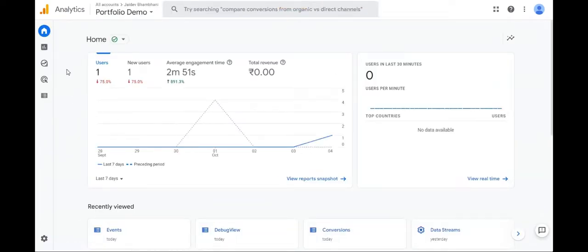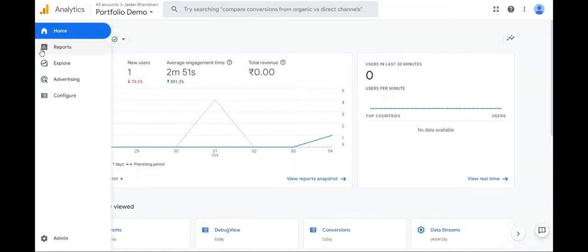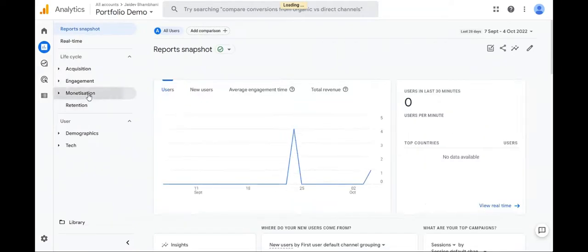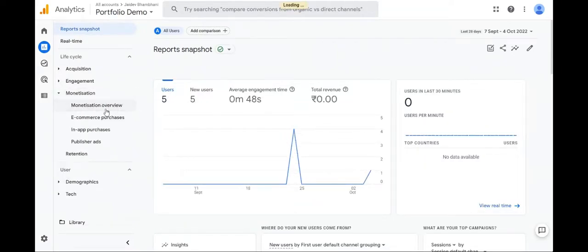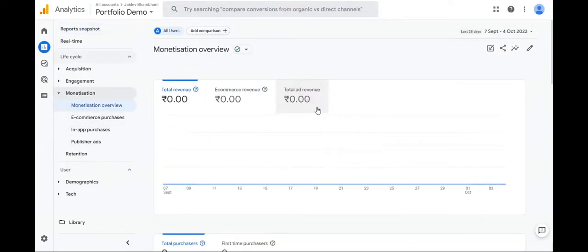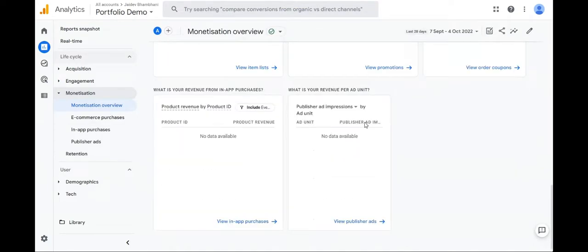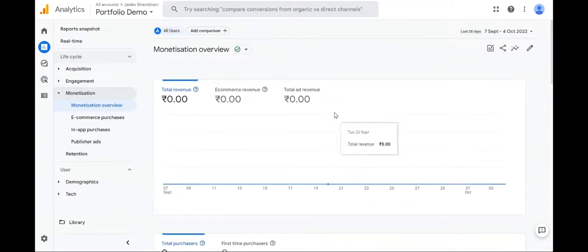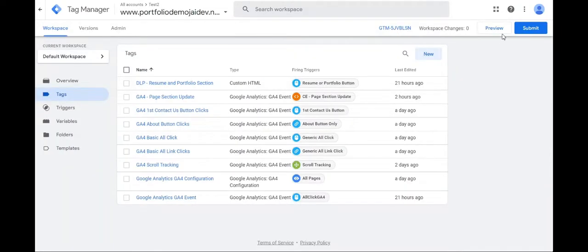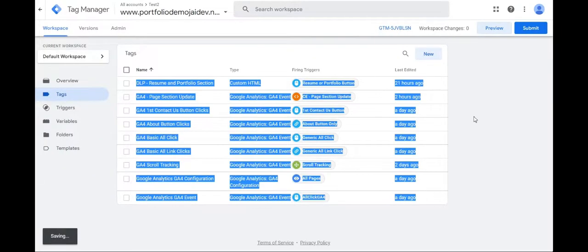Yeah, so if I were to go to e-commerce here, reports, then monetization. This is actually how it looks, and you'll get all the data related to e-commerce here. There's no data as of yet because we haven't set it up on our account, but yeah, this is where it would appear. So going back to the Google Tag Manager now, if I go to preview the site,